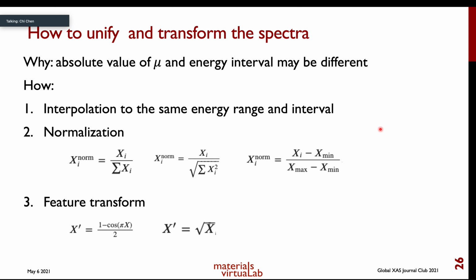And the first thing we did was to interpolate all the spectrum or the pair spectra into the same energy range and interval, and then we'll normalize the spectrum by several different kinds of normalization methods. And lastly, we can do some feature transformation, for example, by applying a square root to the intensity of